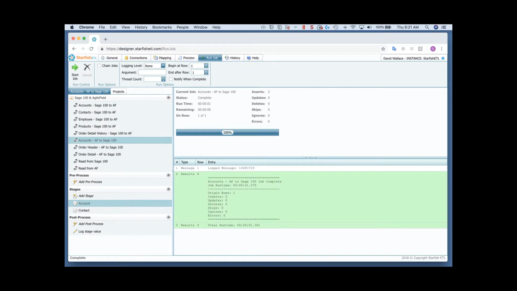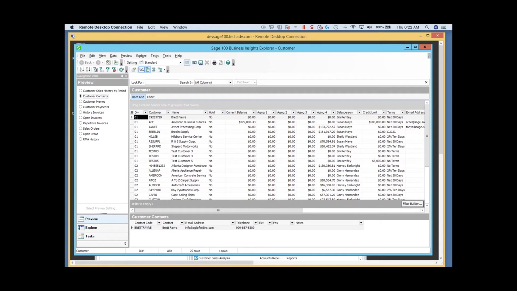There were two inserts, as this particular job actually has an account and a contact job that moves the information over to Sage 100. And now we will refresh the view. And you can see that we have the change to all ones. Okay, that's our first live changes. Now I'll switch back to